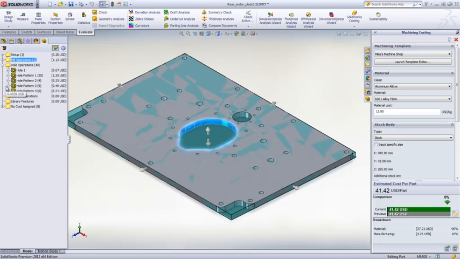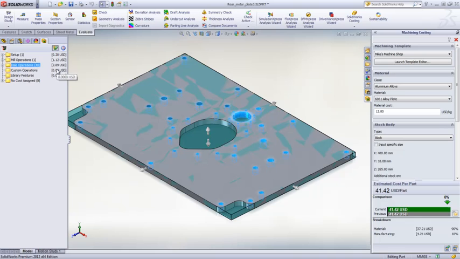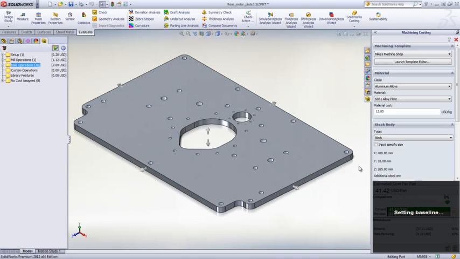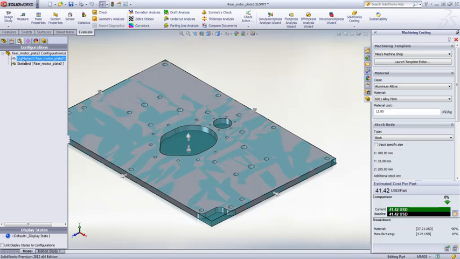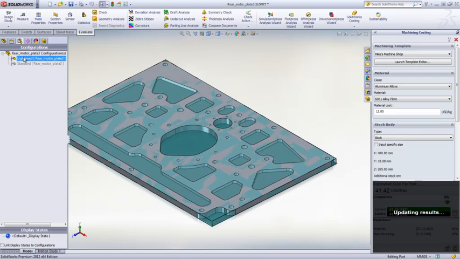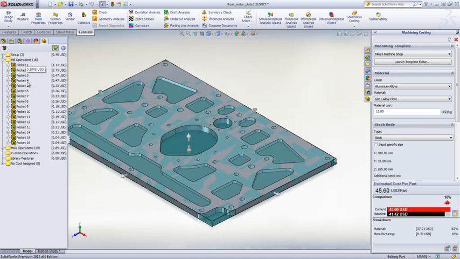There's even the ability to override the type and size of tool used for specific milling or hole operations if desired. As with sheet metal components, it's easy to compare design changes and immediately see the impact on cost. In this part, we want to evaluate the cost of reducing weight by machining additional pockets. Costing re-evaluates the manufacturing operations based on the required tool size, type, and cutting speed to remove the necessary material. The new costing tool in SOLIDWORKS 2012 is a great asset for saving time and